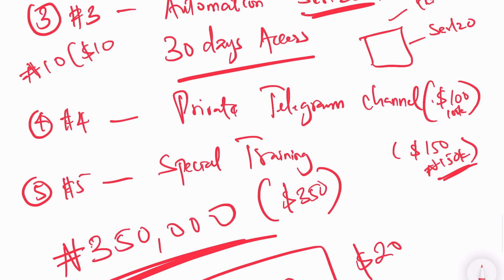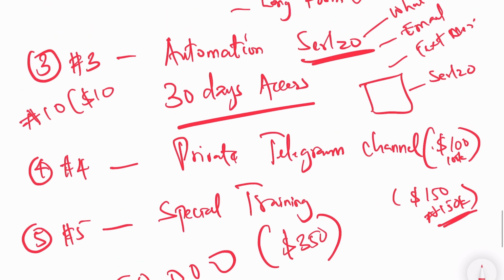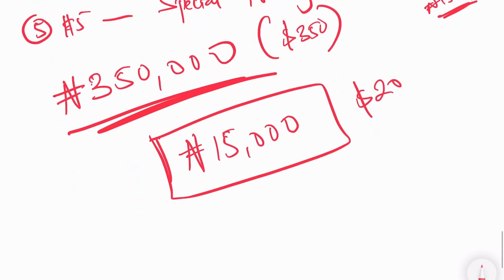And then you get access to the Telegram channel, and of course, you get access to the special training. The goal is that in 30 days of using Serlzo to execute all of this, you would have made a lot of money to now continue to renew your subscription on Serlzo, of course. And then you're going to get everything for just